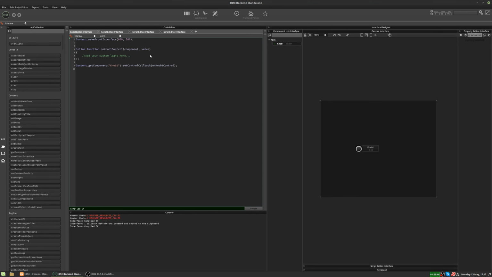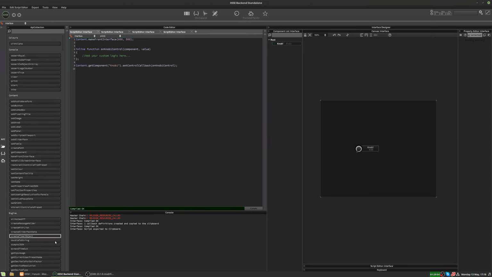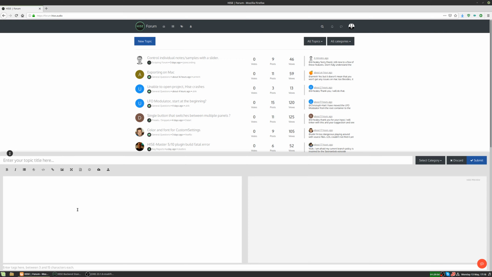and then from your HISE project, right click in here, select Save Script to Clipboard, and go back into your forum post, and you're going to type in, I'm not sure what this symbol's called. It looks a bit like a quotation mark, but it's not a quotation mark because that's a quotation mark. But it's on my keyboard, it's next to the number 1 key. So I'm not actually sure what it's called, but anyway, type in that little symbol and then type in 3